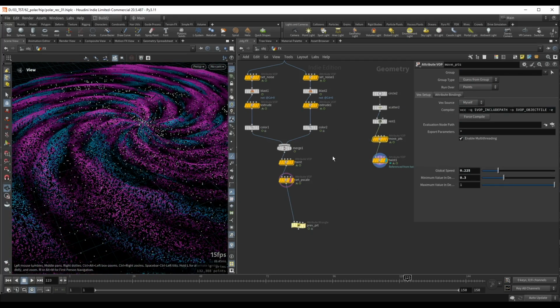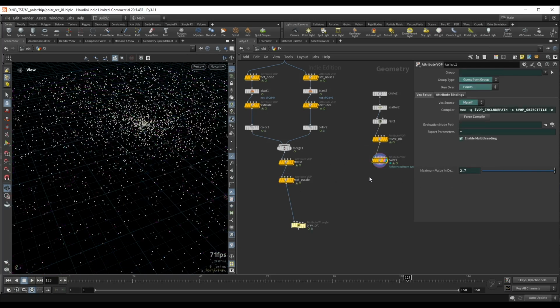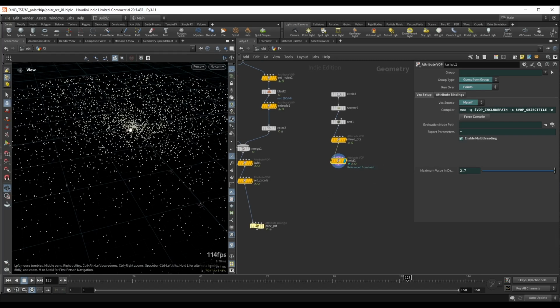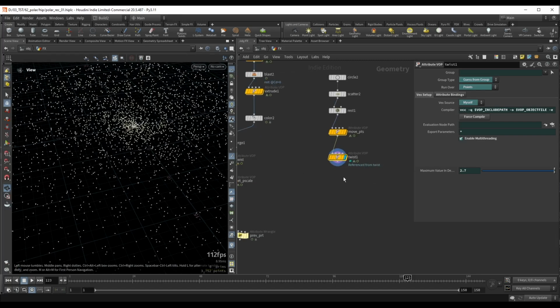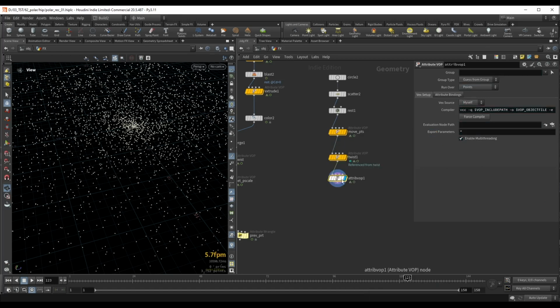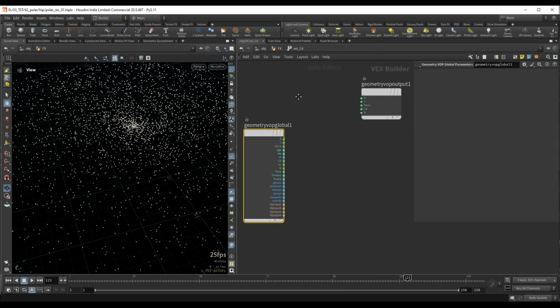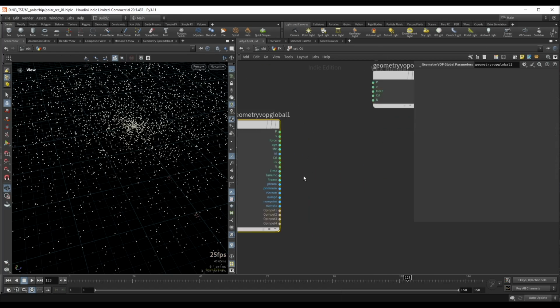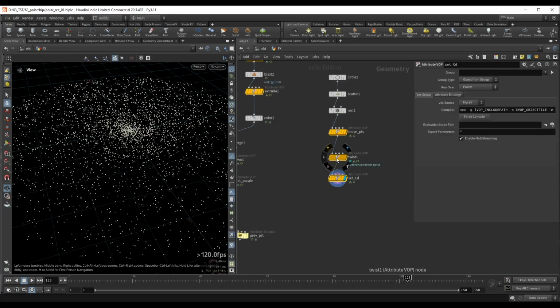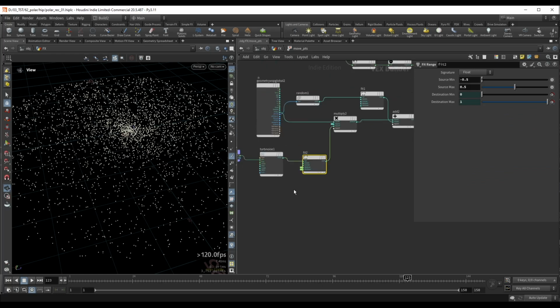And this is really it. This is the main part of our setup for the second layer. From here we can just randomize their color and maybe their p-scale. So let's drop down an attribute VOP for the color here, and this will be our set CD attribute VOP. Make this orange, step inside, and what I like to do here is start with the same setup that we had earlier. So I'll go back inside this move PTS attribute VOP,